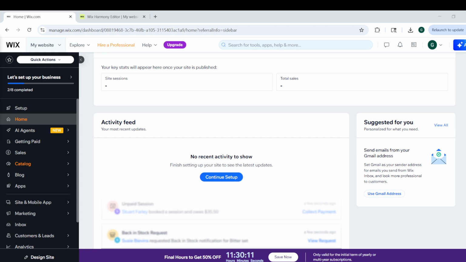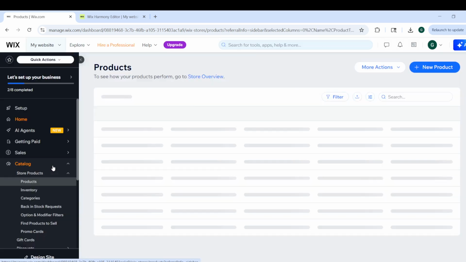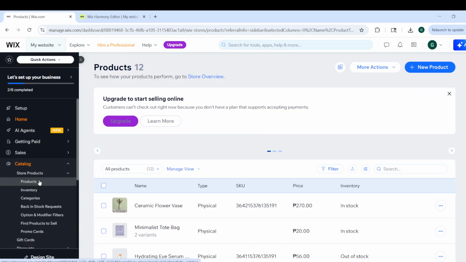In today's video, I am going to teach you how to import products in Wix. To get started, open your Wix dashboard and look at the menu on the left side of the screen. In that menu, go to Store Products and then click Products. This is the area where you can manage the items in your online store, including adding new listings in bulk